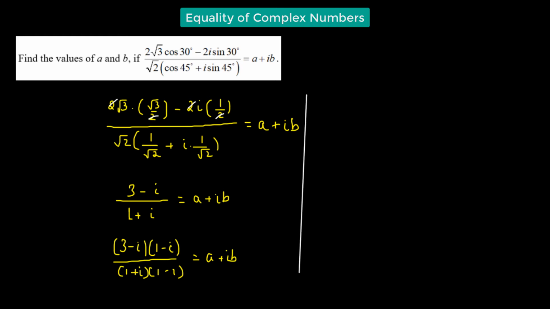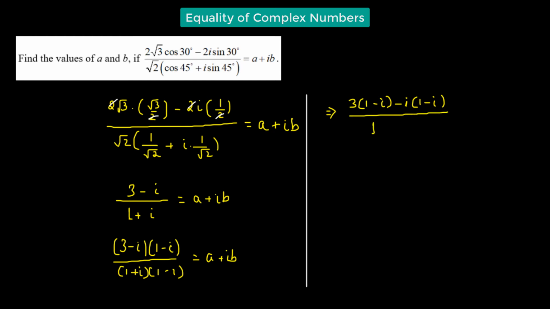So let's move on to the other side of the page. So we have 3 minus i multiplied by 1 minus i, divided by 1 squared minus i squared, which is equal to a plus ib. This gives us 3 times 1 is 3, minus thrice of i,